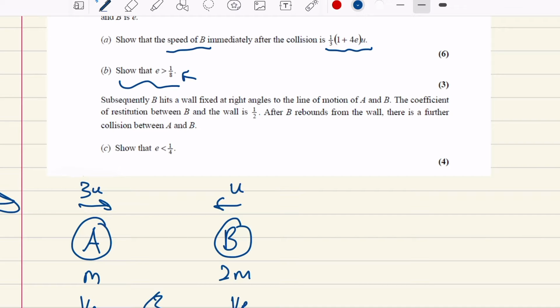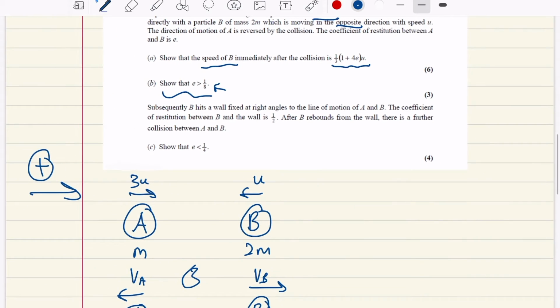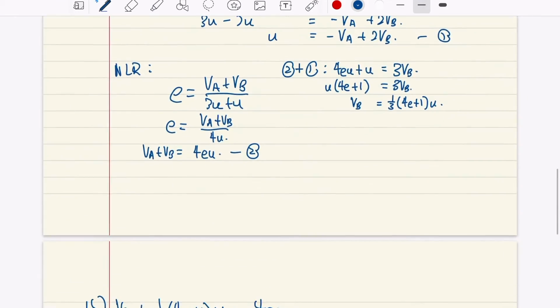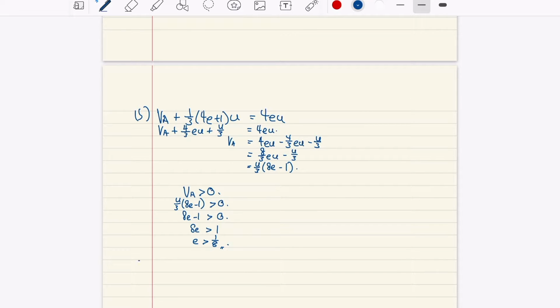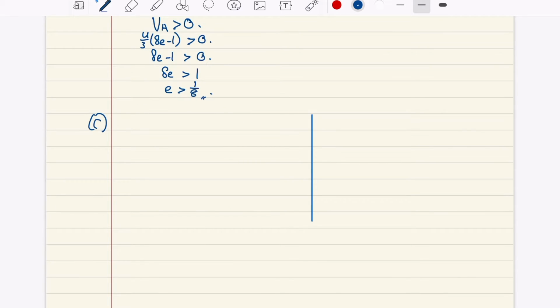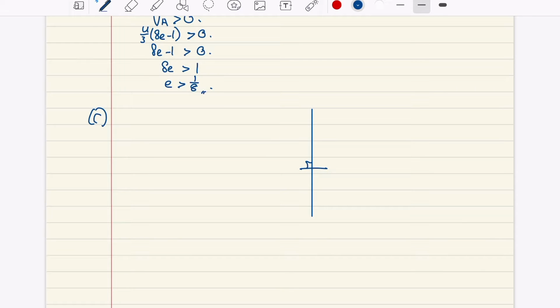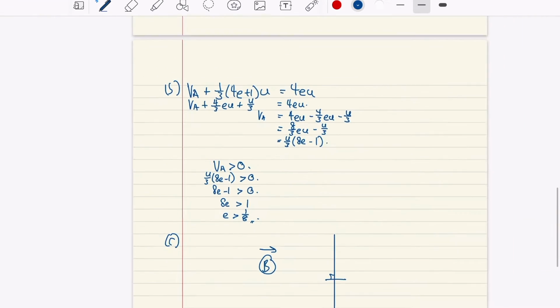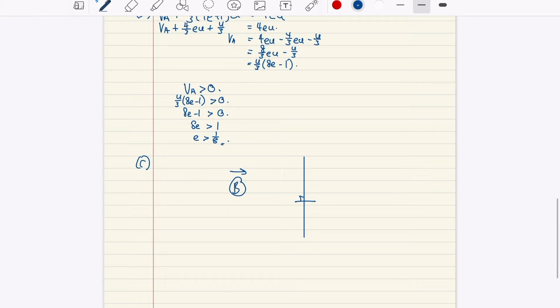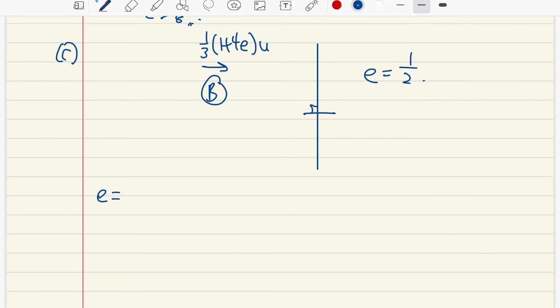After B rebounds from the wall, there is a further collision between A and B. So first, we know that there is a wall at right angles to the line of motion of A and B, and B is moving towards the wall with the velocity of 1/3 (1 + 4e) u. This is the velocity of approach, and the question did say that e is 1/2. So first we can find the speed of rebound,